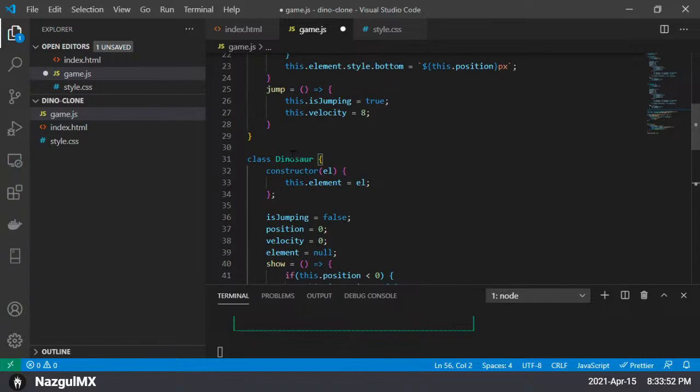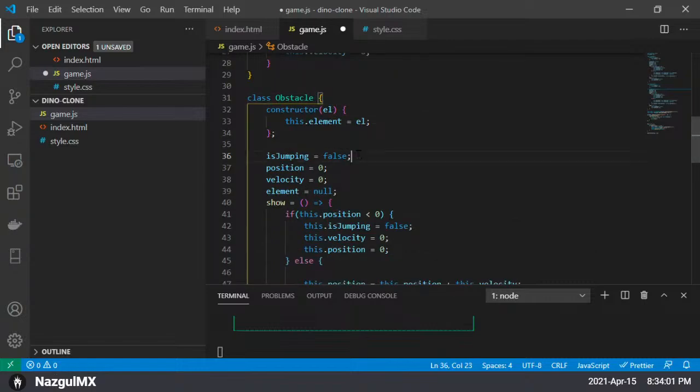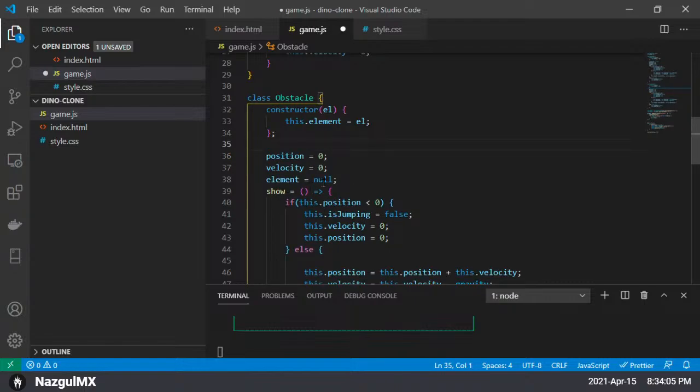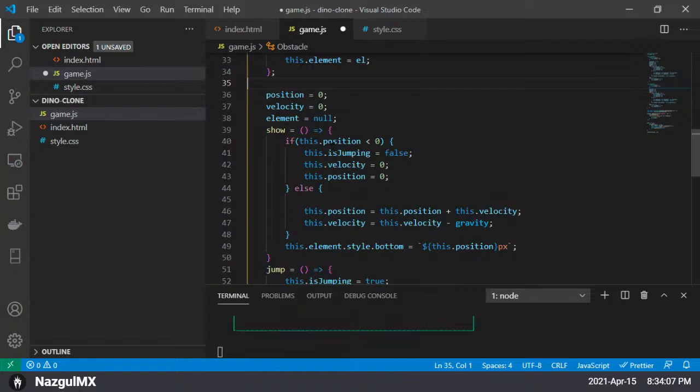I'm going to copy this and then obstacle, and then it's jumping. This doesn't jump. Element show. We have a show. This doesn't use